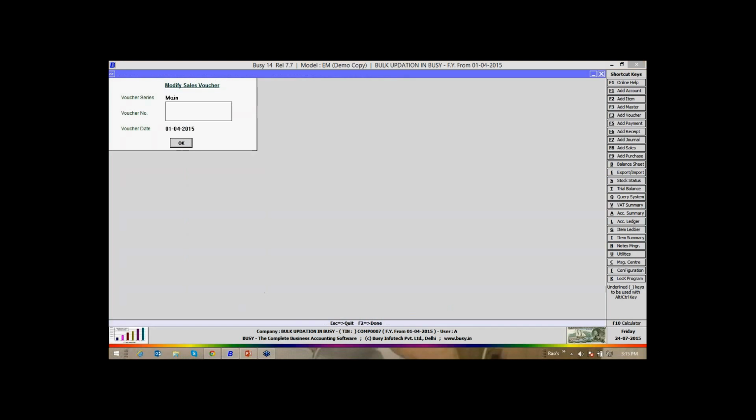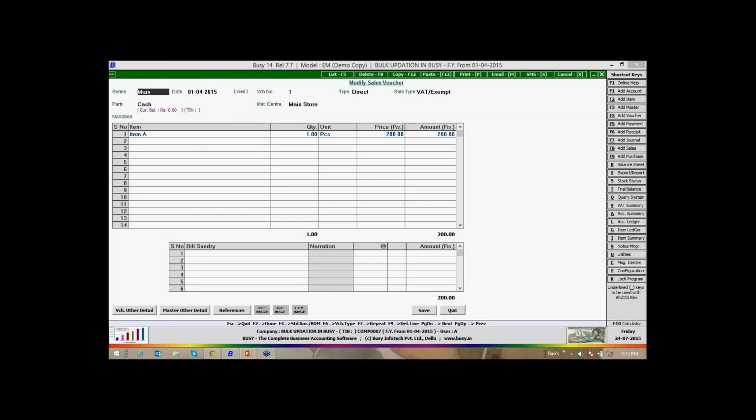One sale I have done on the first. Let's increase the quantity here. Let's create some sample data so that you can clearly understand it.